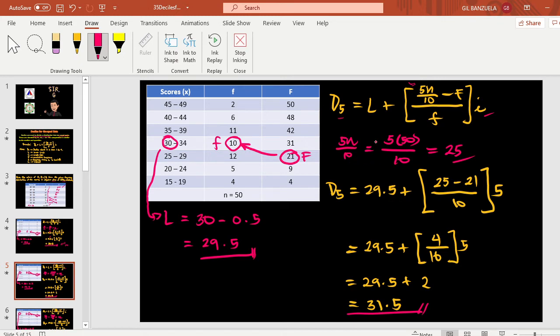So plugging in the sample size, which is 50, so 5 times 5, that is 25. So therefore we have 250 all over 10, so that is equal to 25. But take note that the cumulative frequency should not exceed kn over 10, so therefore we're going to use 21 instead. And we're going to look on the left, one step higher than the cumulative frequency, and there we can get the